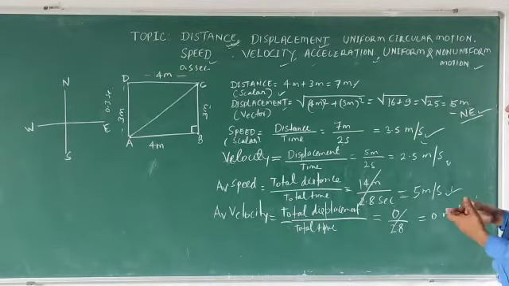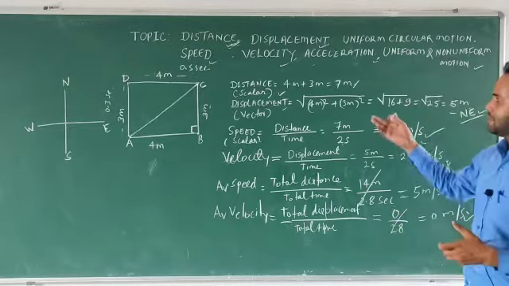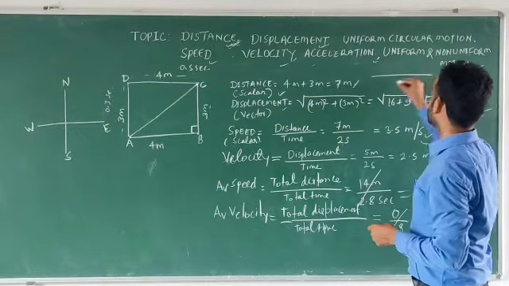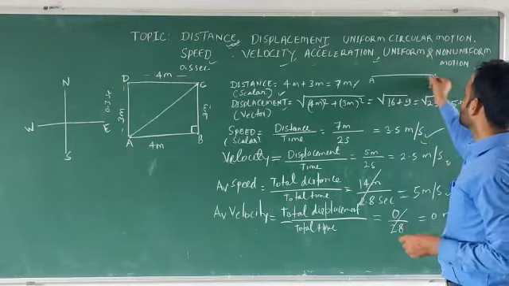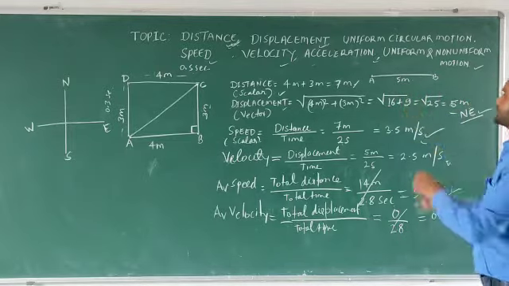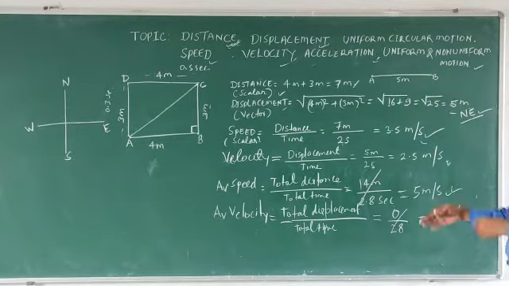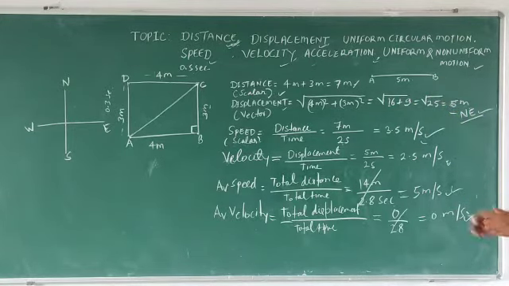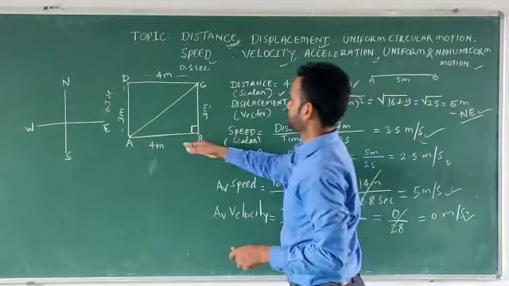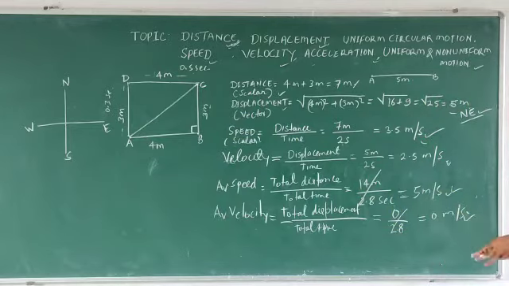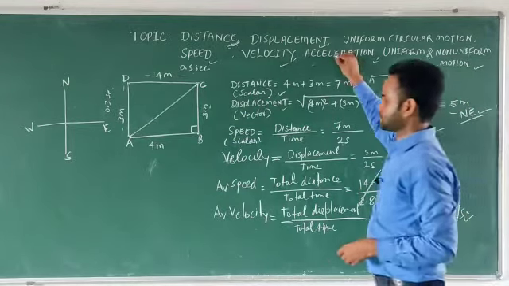And one more question we have to know is when distance and displacement would be equal. If the object travels in a straight line, like A to B, and the length from point A to B is 5 meter, then distance would be 5 meter and displacement also would be 5 meter. So when the object is traveling in a straight line, distance and displacement can be the same. But if it changes its direction many times, then displacement and distance would be different.